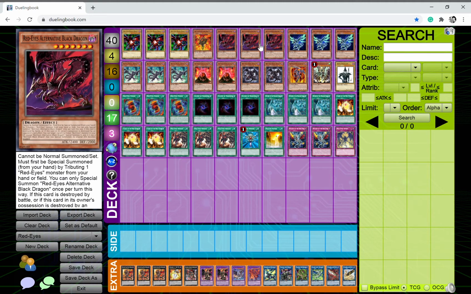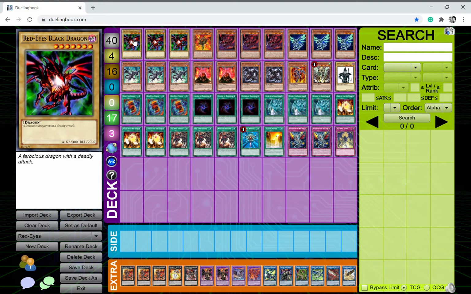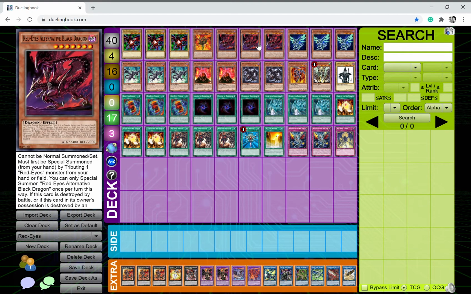3 copies of Red-Eyes Alternative Black Dragon. I played 3 copies of this just because it can help with removing cards from your hand. Cannot be Normal Summoned or Set. Must be Special Summoned by tributing 1 Red-Eyes monster from your hand or field. So this can help just summon out from tributing a Red-Eyes, which is the reason why I play